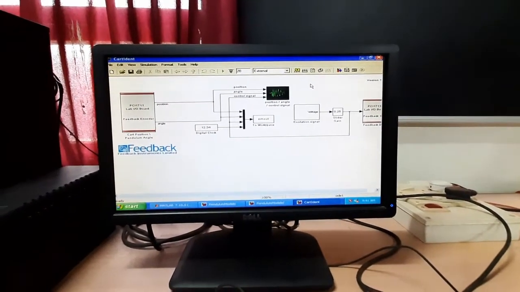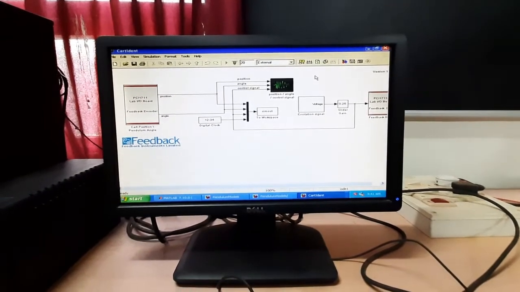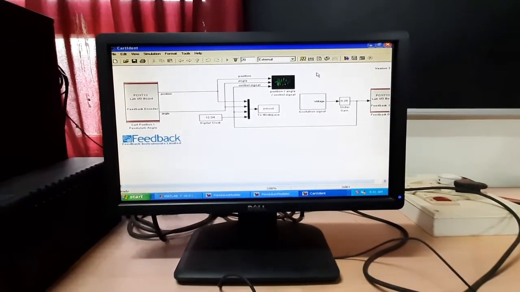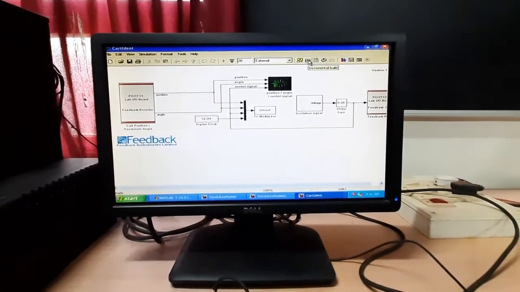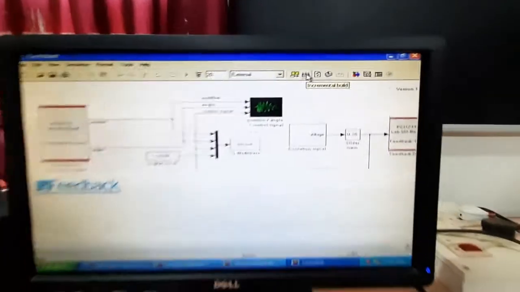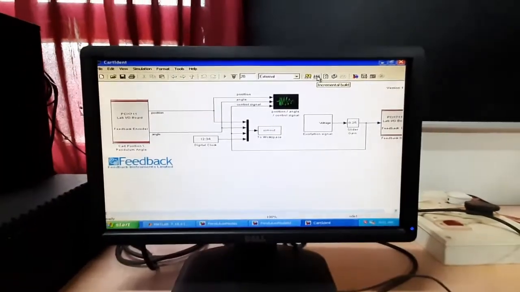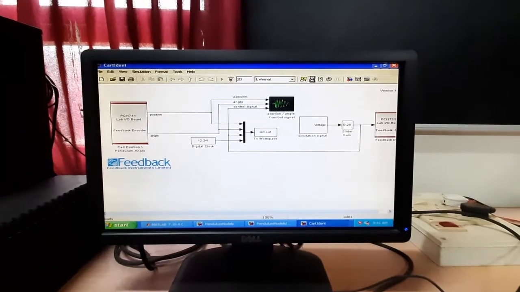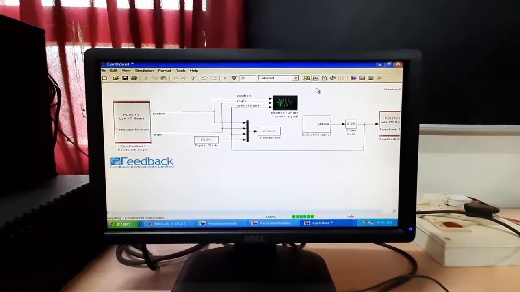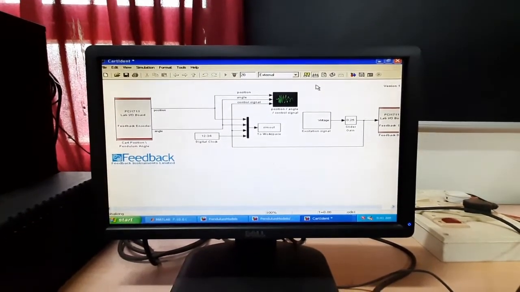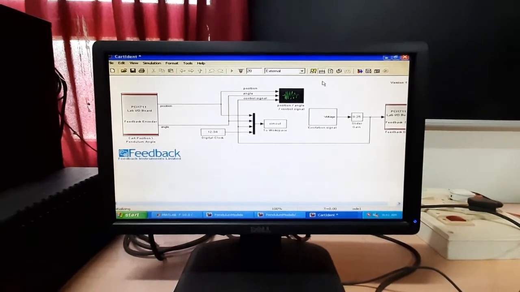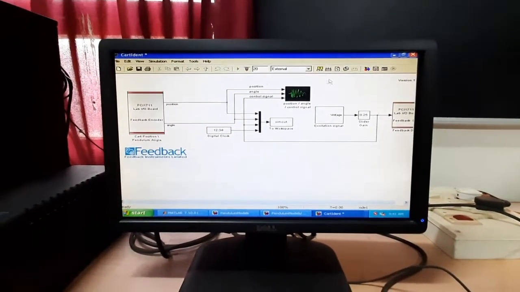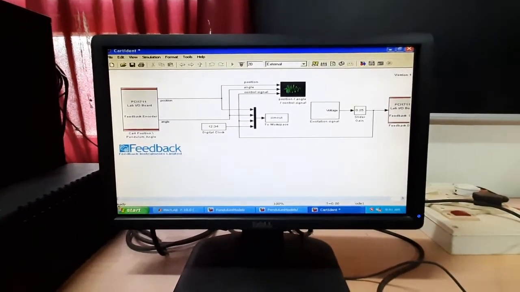We have opened our cart identification module. Here we have to first build. Here it is showing the incremental build. We have to click on build. When this building process is complete, it will show here.